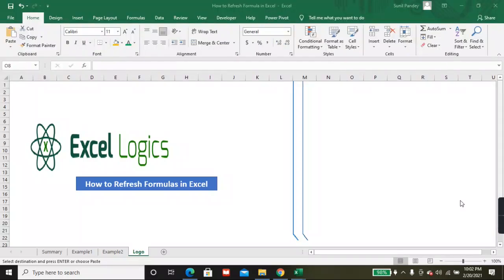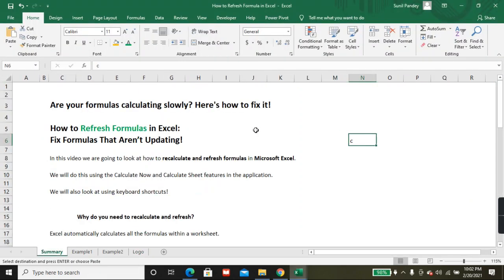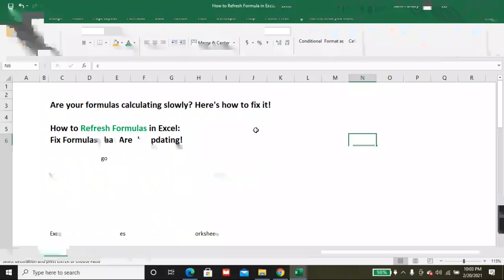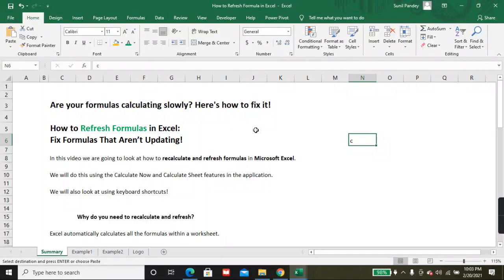My name is Sunil Pandey and today we are going to learn how to refresh formulas in Excel. Before we start, are your formulas calculating slowly? If you are using a heavy Excel file, I think you have come across this issue.